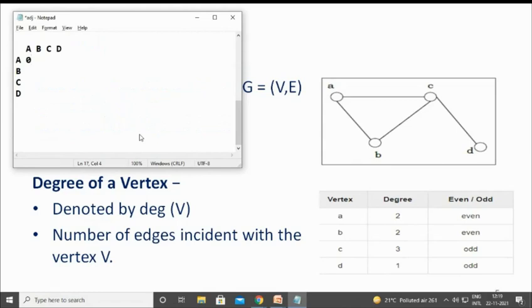A to B, is there any path? Obviously, there is a path. A to C, is there any path? Obviously, the path is there. And A to D, there is no path, so 0. B to A, obviously there is a path. And B to B, no path. B to C, there is a path. B to D, no path.